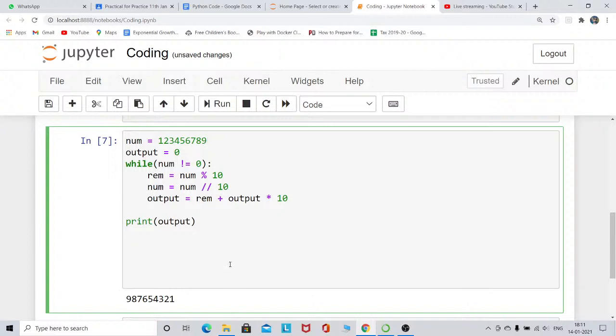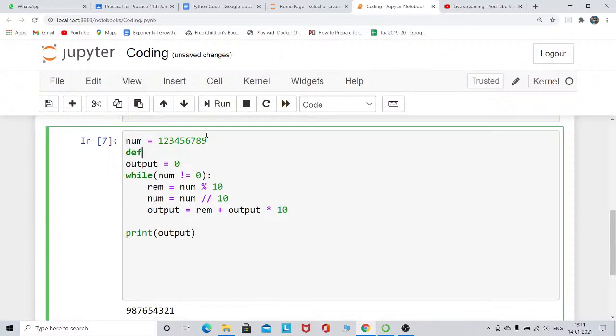So now I have to convert that code block into a function. For that purpose we have to define a function. So how can we define a function? First we have to write def, then we have to write the function name, reverse, then we have to pass the parameter, so the parameter is num.